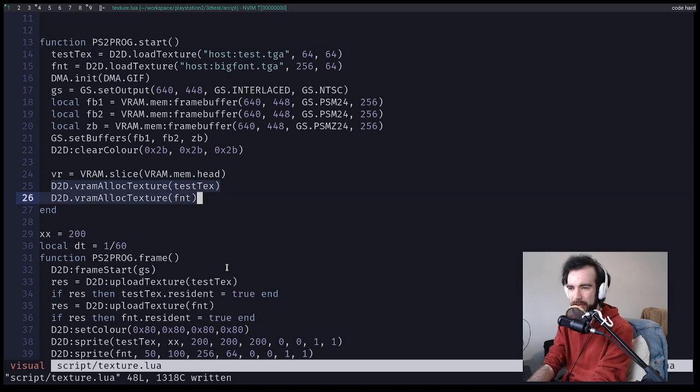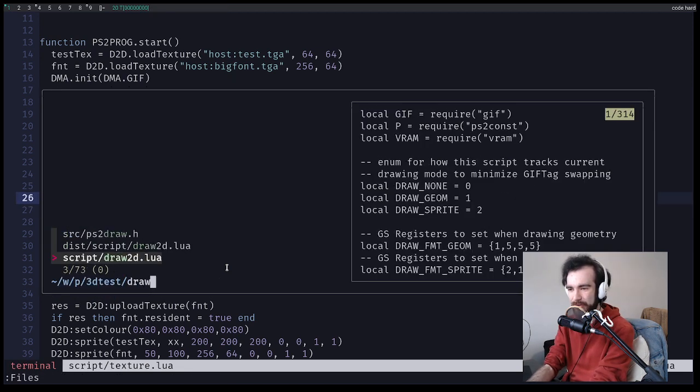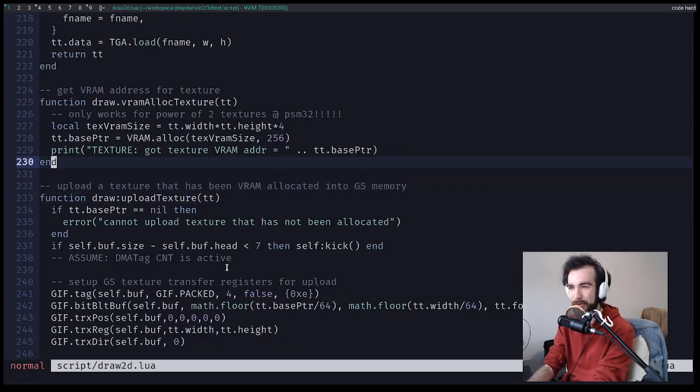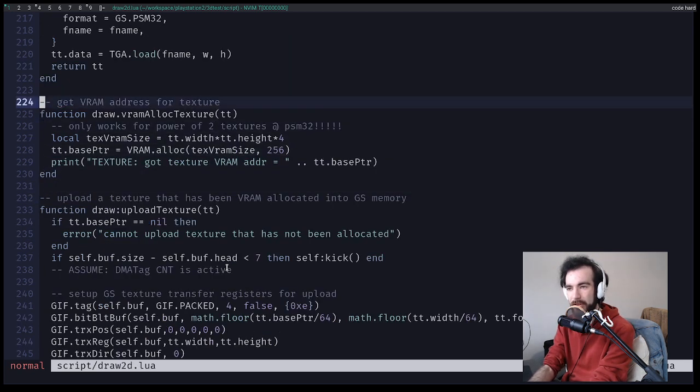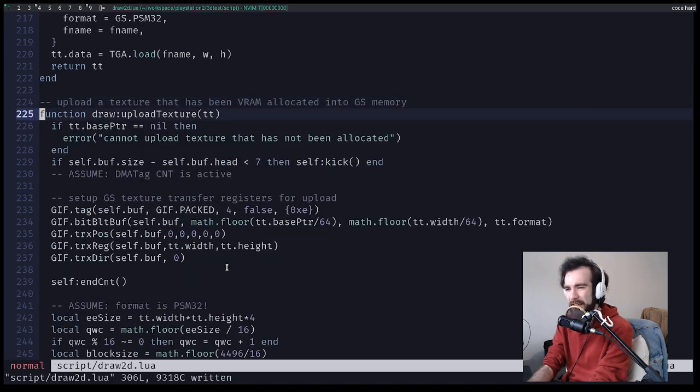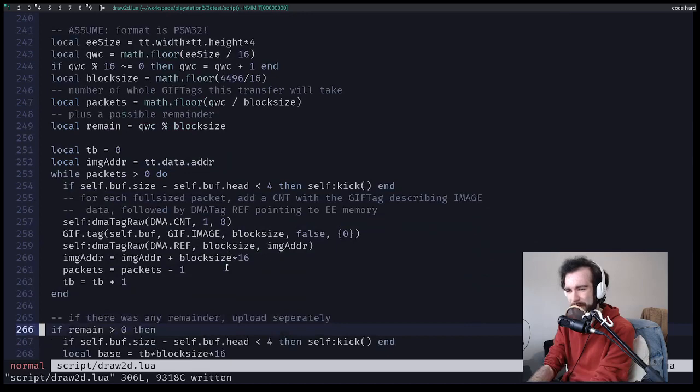So first off, we need to go into Draw2D and change how this alloc works. And I think we just don't want to allocate textures in Draw2D anymore. That doesn't make sense to be part of Draw2D, right? We're going to gut you. Cool. You're gone. You're out of here. This isn't doing anything fancy. You're done. Upload texture similarly probably shouldn't live here, but for now, because it has so much logic related to